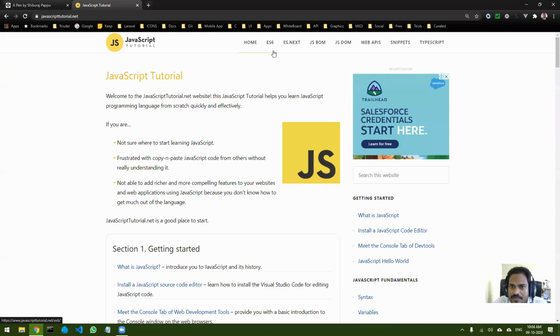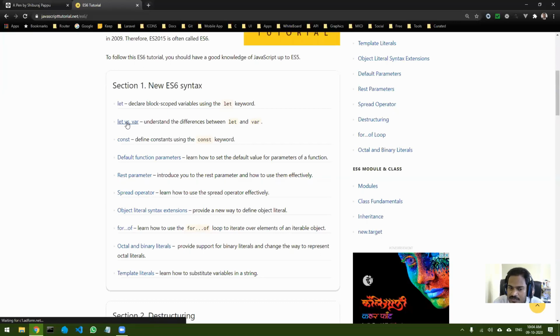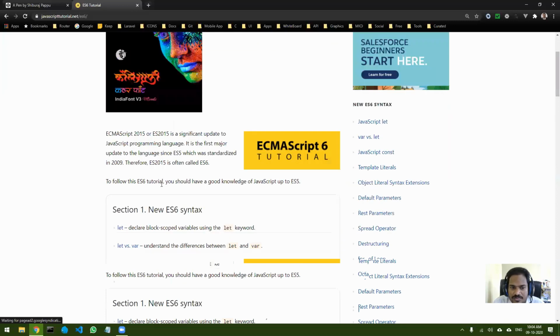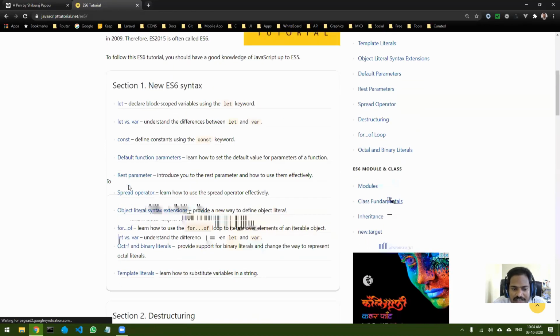This is not the only thing. You can look from here at what other things are there. ES6 is the standardization of JavaScript, and it is the latest. They have also proposed many different things. You can see let and var is one of their contributions. Initially there was only var, but then they found out the problem with var, that the variables go into the global scope. So they introduced let.